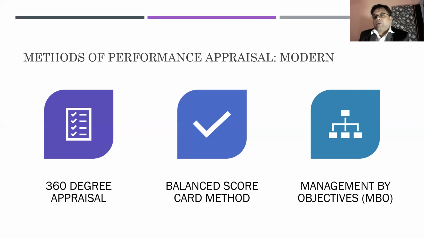Next one is management by objective, commonly known as MBO. The organizational objective would be classified and distributed among the employees. Say for example, the organizational objective is to increase market share by 30%, on an all India basis. Now that will be distributed employee-wise. So if it is a 30% market share to be increased on a pan India basis,